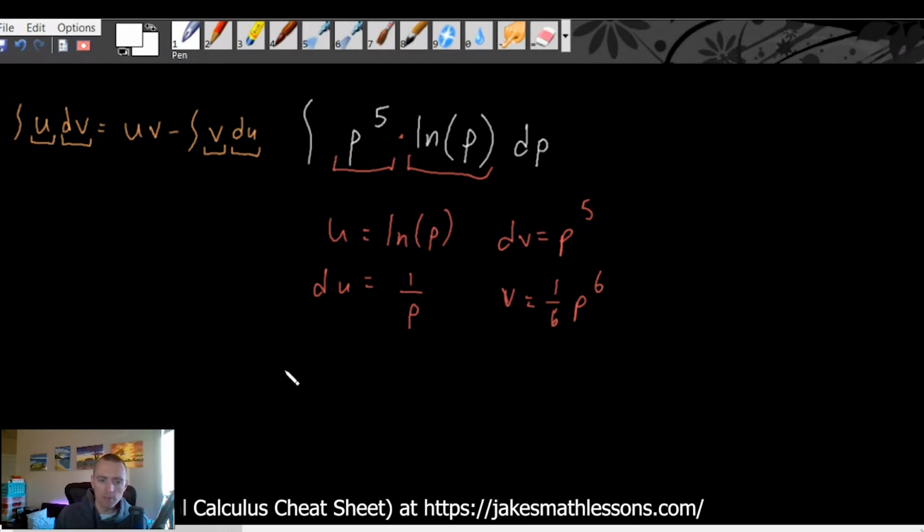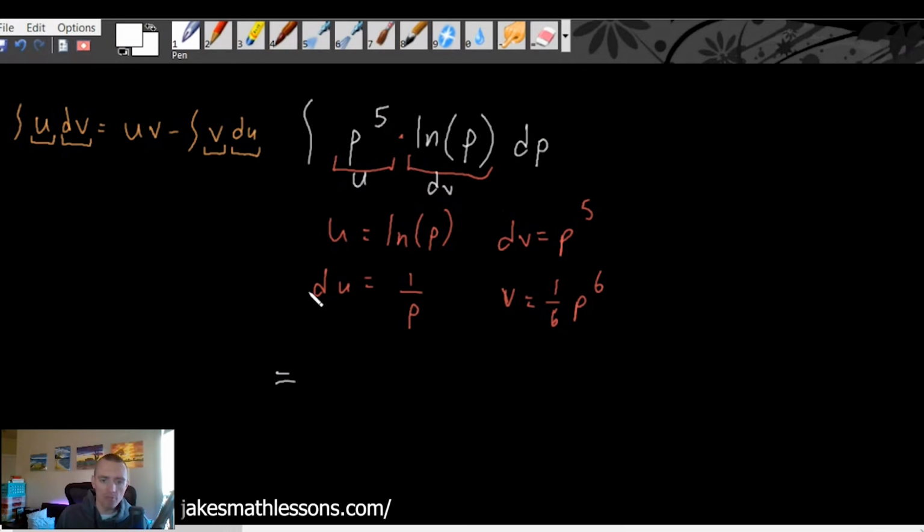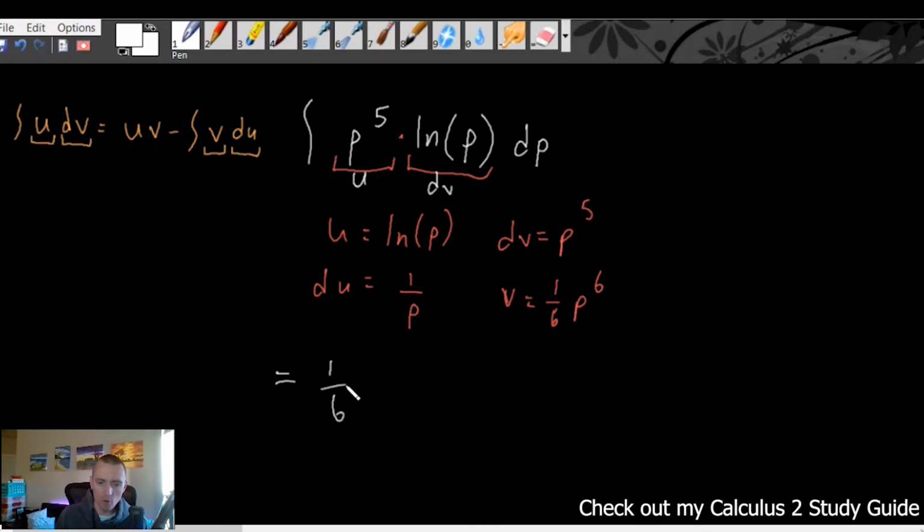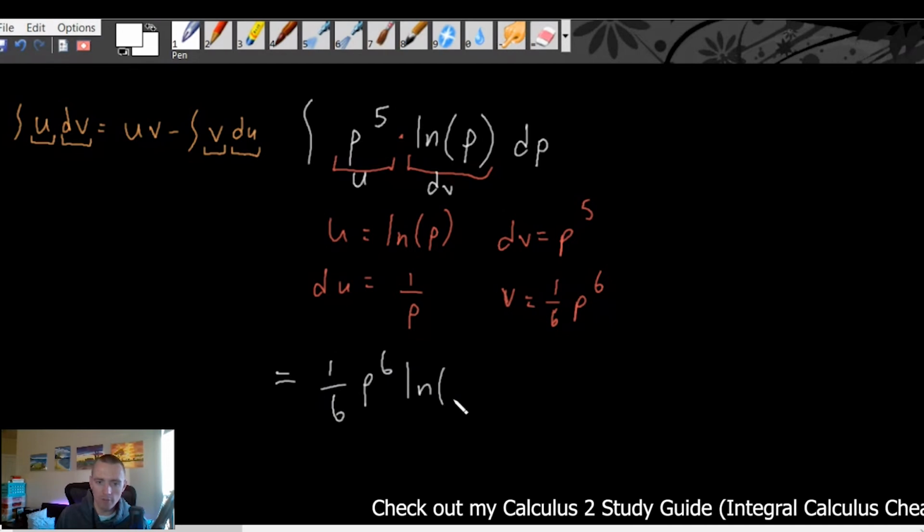So what we know is we had this original integral, which we could think of as u times dv. And after we've figured out our u, dv, du, and v, we can use these four pieces and plug them into this formula to figure out what this original integral is equal to. And it should be equal to u times v, so ln of p times 1/6 p to the 6. I'm actually going to write it in the other order. So 1/6 p to the 6 times ln of p